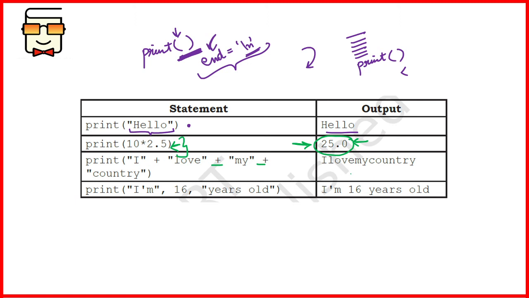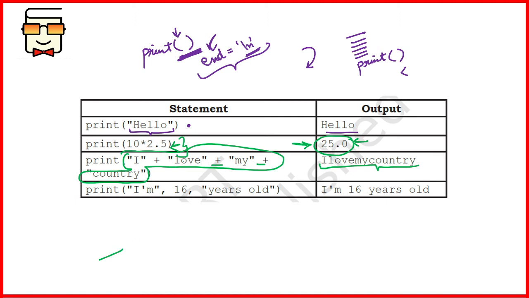The result of evaluation will be one string containing the terms I love my country, and there is no space here because this entire thing has evaluated to a single value. These are not multiple values. Evaluation of value happens first, and then if there are multiple values, then the separator works.